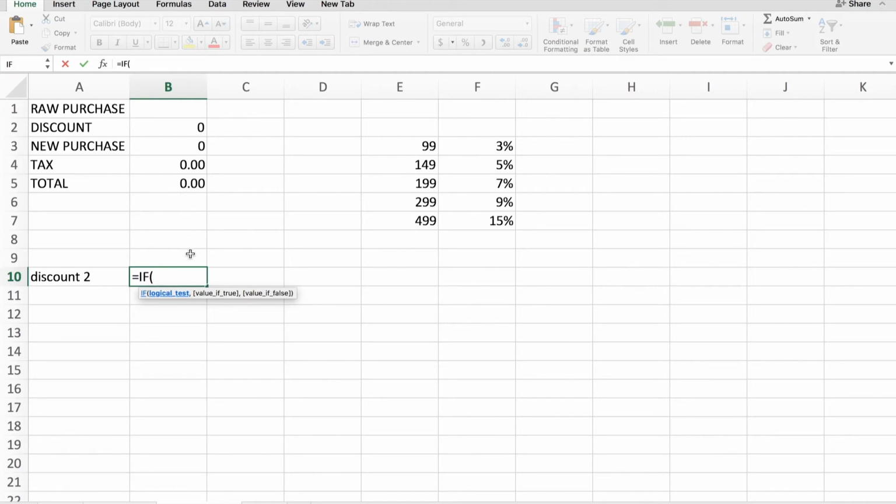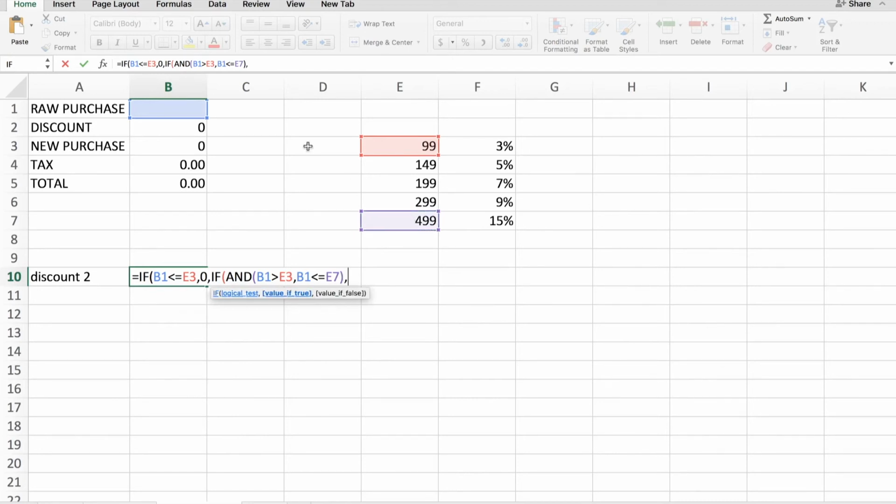So we're checking if our raw purchase price B1 is less than or equal to 99, return a value of 0. And if not, we're going to need a nested if statement, and we're going to need our and statement right away. So let's check if our raw purchase price is greater than 99 and our logical 2 is B1 less than or equal to 499,